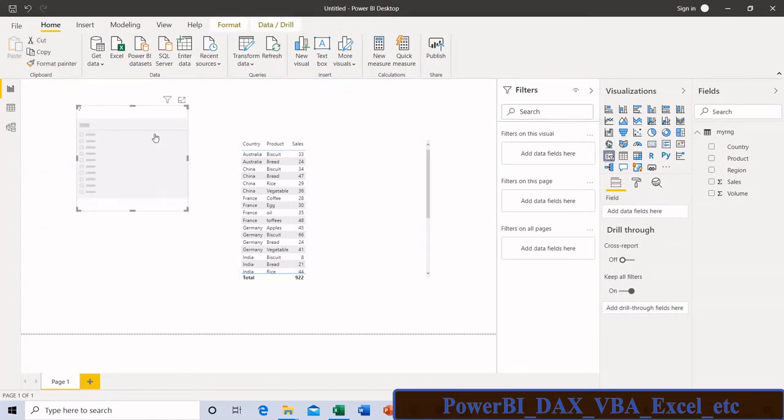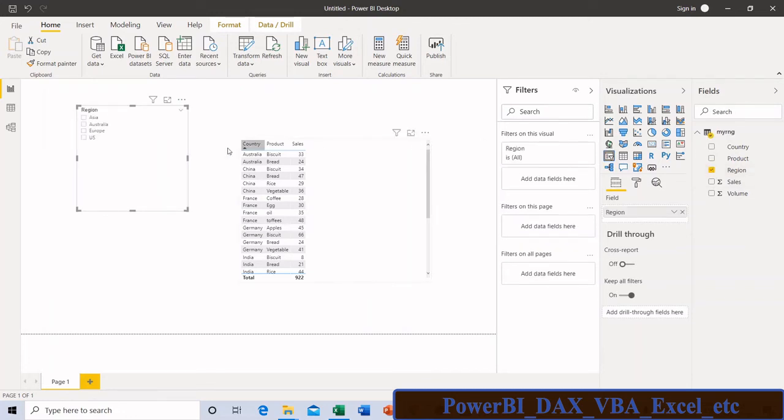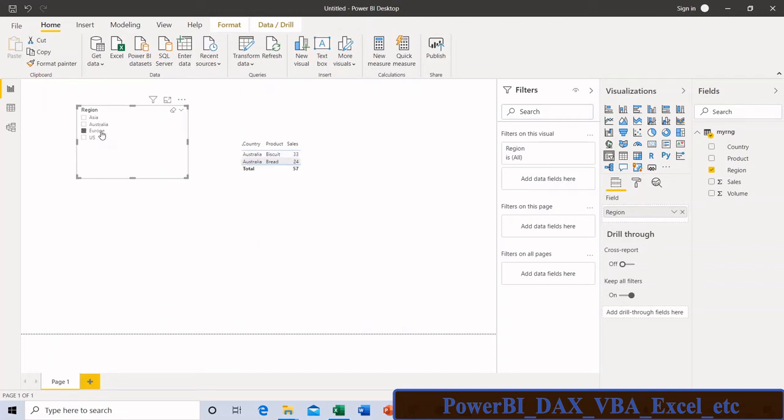Click on this slicer. Then suppose I need to filter this data based on my region. So click on this region. All the regions will be populated in your slicer. For example, I want to choose Asia only. Then click on this Asia, Australia, Europe.